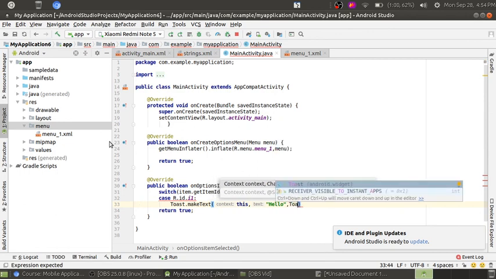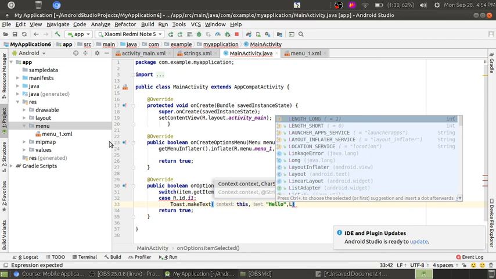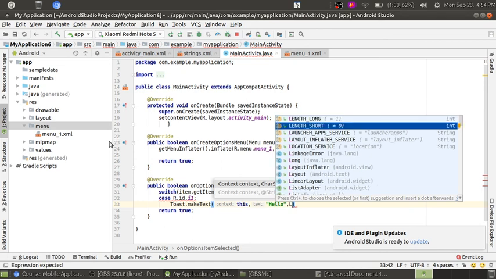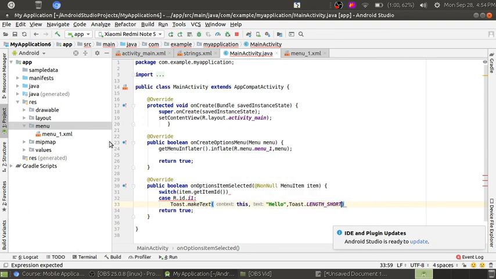Then I want its length, suppose I want short, dot show, which means it will show you for a short time period. So the first case is, I have missed the break here. The first case is ready.